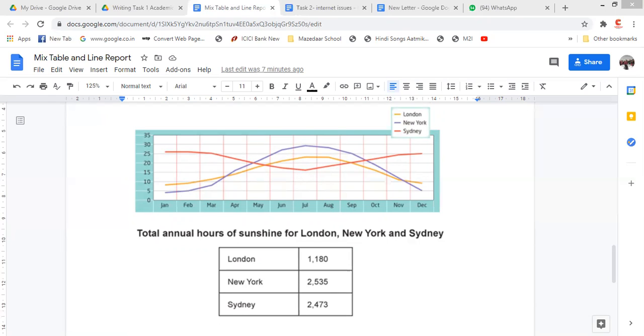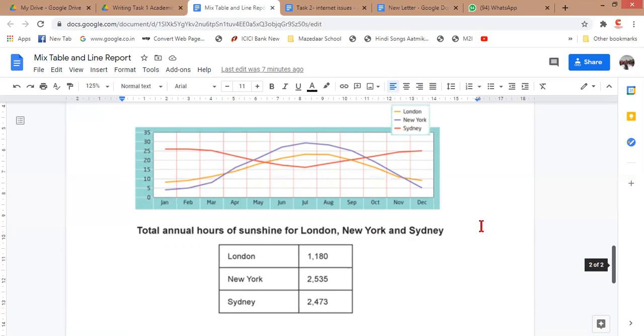From the starting it showed up and then in mid July down, then back up in December. Did you talk about the table overall? Can you say that overall once more for the line graph? What did you say? Overall it is observed that